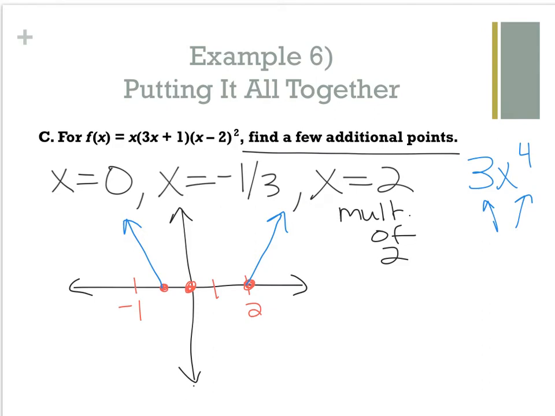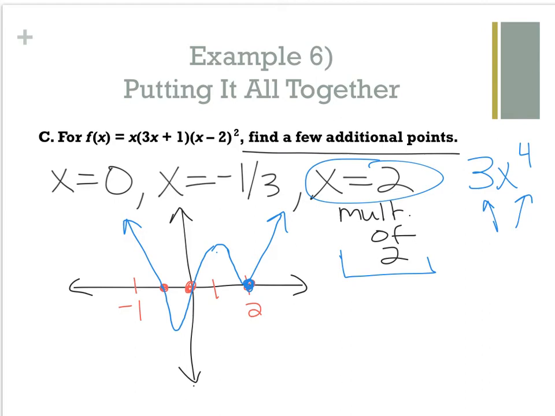Now, because x equals 2 is a repeat 0 and it has an even multiplicity, I know that at this point right here, the graph is not going to cross through at 2, rather it's going to be tangent at 2, meaning it's going to touch at 2 and bounce off the x-axis, come up, and come all the way back down here and connect